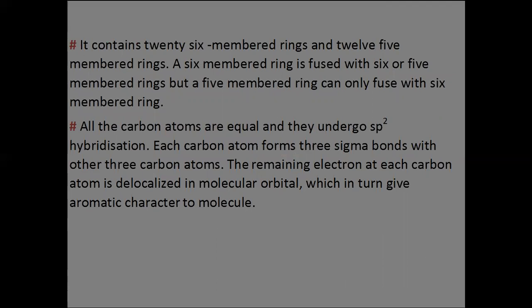It contains 20 six-membered rings and 12 five-membered rings. A 6-membered ring is fused with a 6 or 5-membered ring, but a 5-membered ring can only fuse with a 6-membered ring. All the carbon atoms are equal and they undergo sp2 hybridization. Each carbon atom forms 3 sigma bonds with other 3 carbon atoms. The remaining electron at each carbon atom is delocalized in molecular orbitals, which in turn gives aromatic character to the